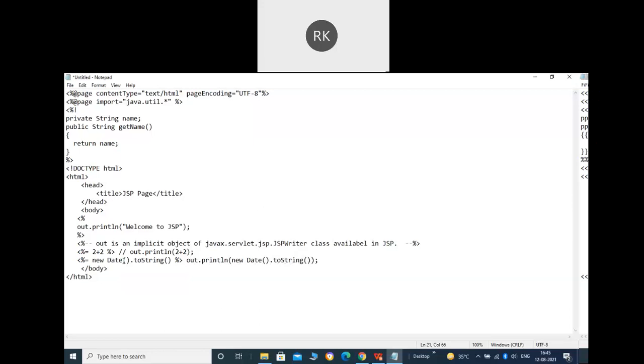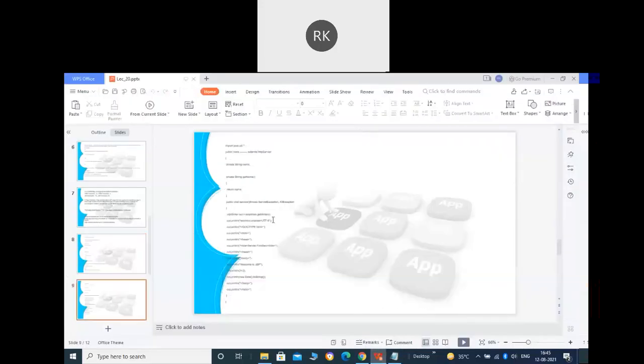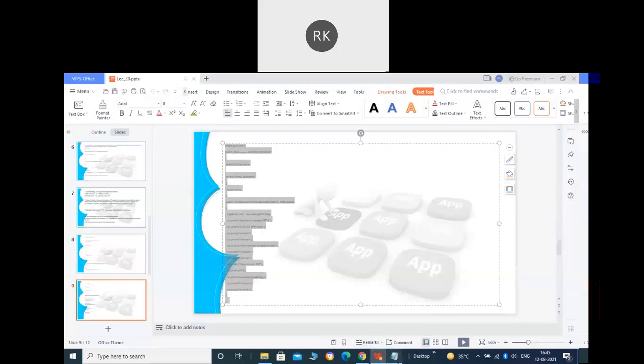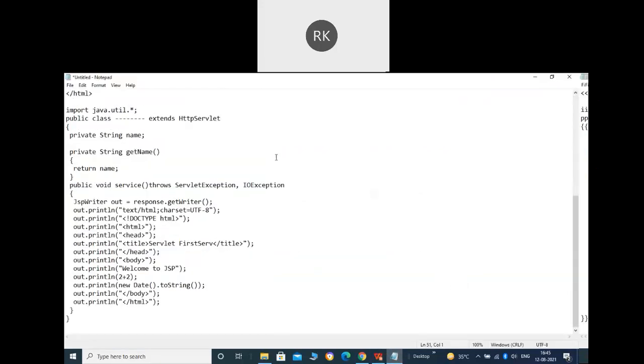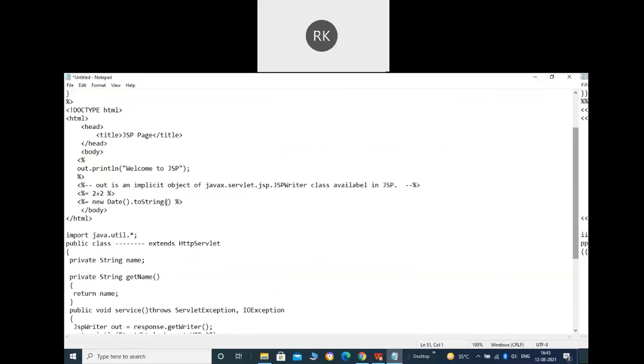All right. So whatever you define in the expression tag will be put in an out.println at the time of execution, when this JSP is converted into a servlet. When it is converted into a servlet, let's see how it will look. It will be the pure servlet code here now. You can see, first of all, it has imported the util package, then it has defined a class, the name of the class is GoldNodes, and it inherits HttpServlet.